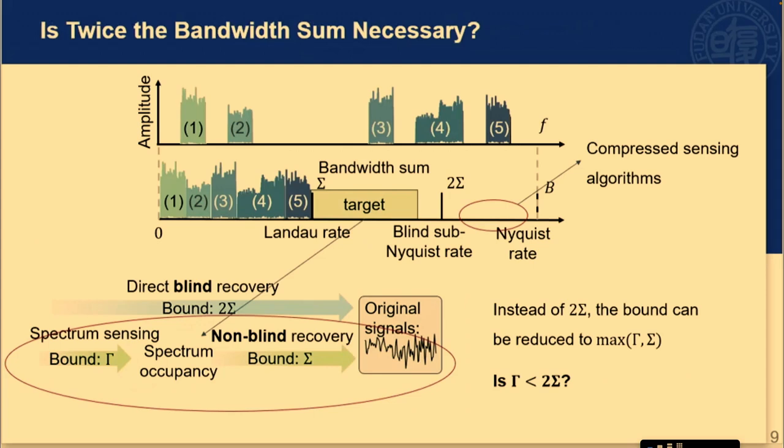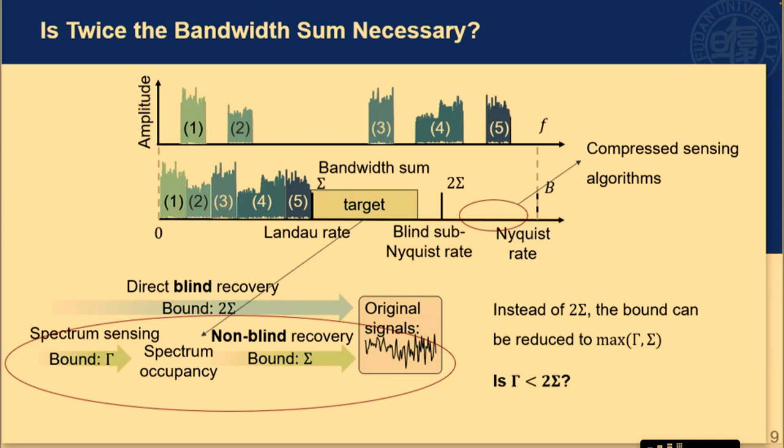However, is twice the bandwidth sum really needed for blind signal recovery? Instead of tackling blind recovery directly, we break it into two easier steps. First, we sense spectrum occupancy to gather key information. Then, with this, we only need to perform non-blind recovery, where we actually know where the signals are in the